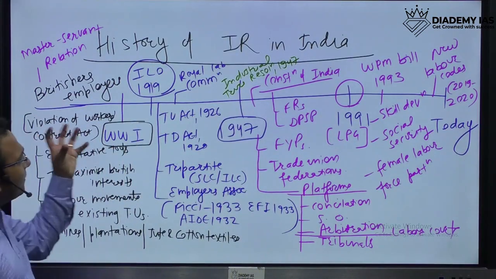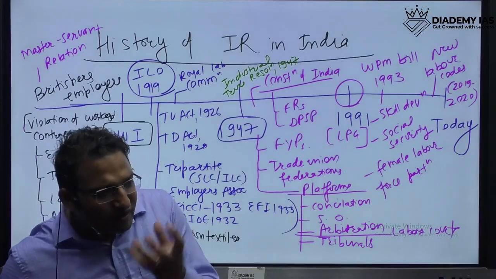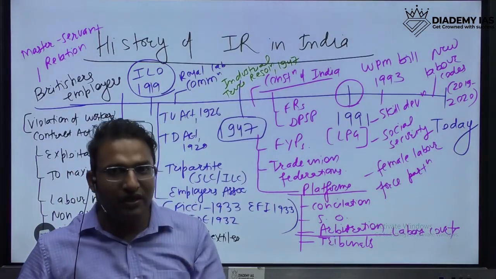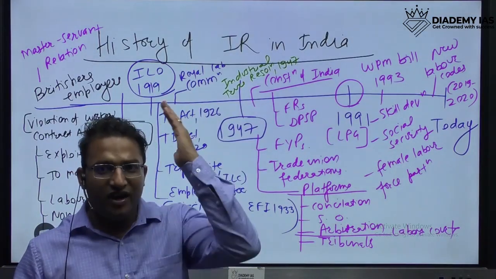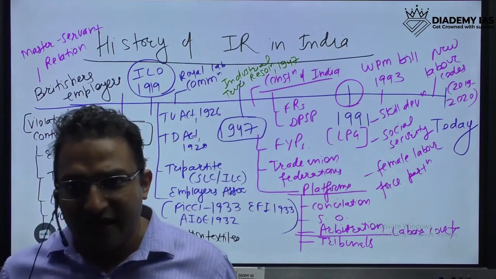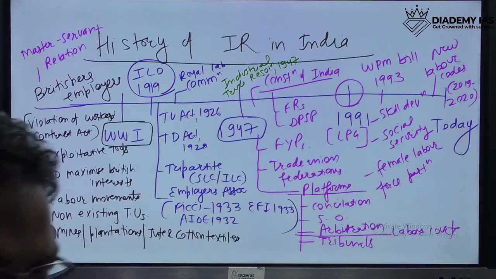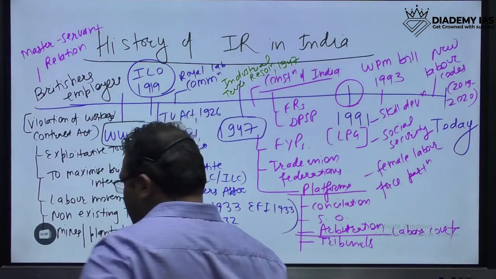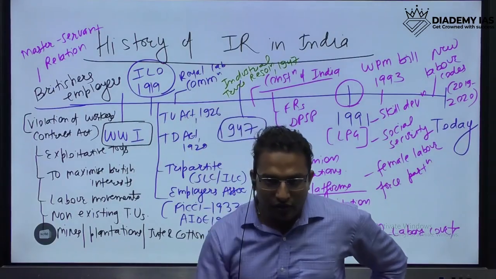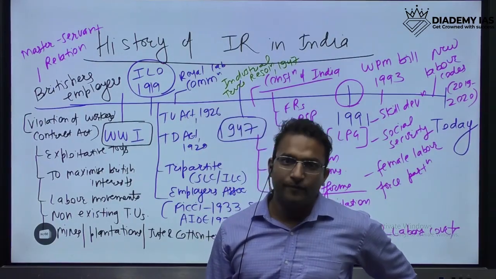Now, what happened in World War One? Sir, World War One में ऐसा क्या हुआ? Why are we putting it as a mark line? Why are we putting it like a line of difference, okay? देखिए,